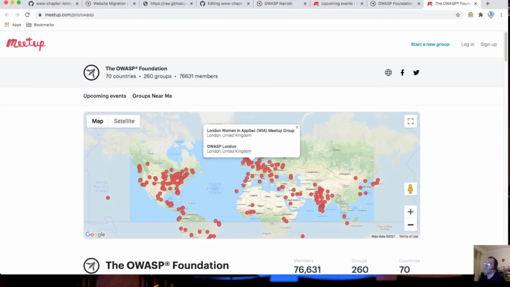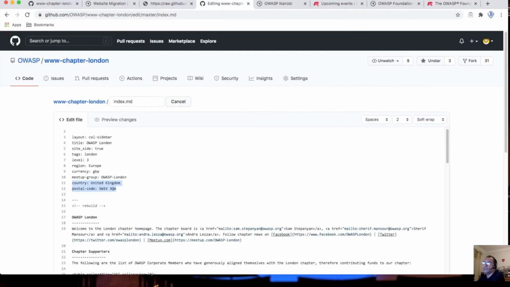Here's a map of OWASP chapters, and there's OWASP London right there. Another reason you need the postal code in this file is that it makes it easier for members to find the nearest chapter when they join.